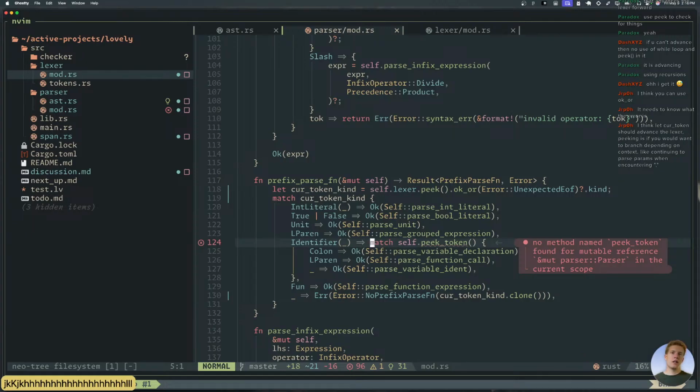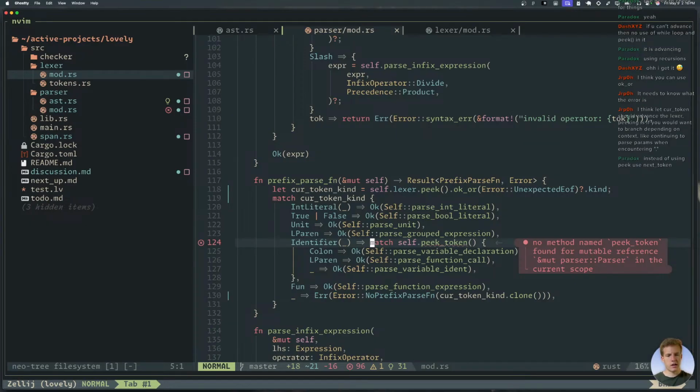I could advance right here. You think let cur token should advance the lexer? Picking as if you would want to branch depending on context.